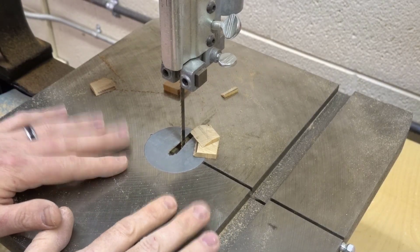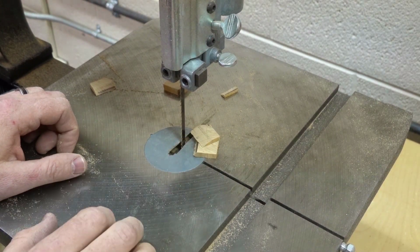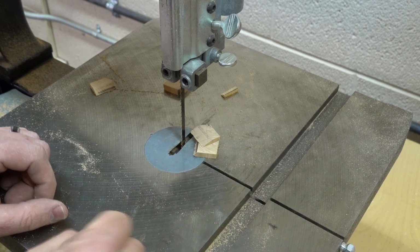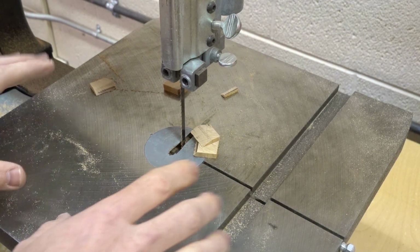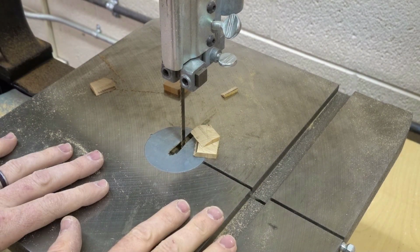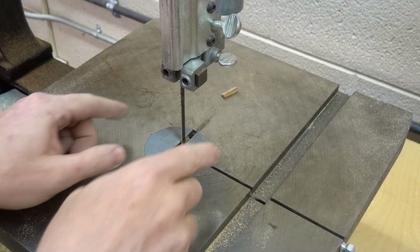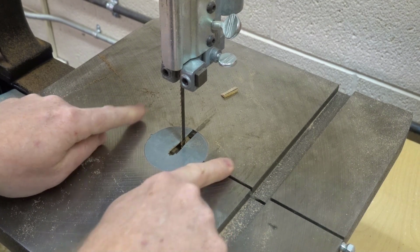Now that the cutting is finished, when is it okay to remove these pieces of wood, this scrap? You may have noticed that while I was cutting, I did not reach in immediately to get them out. At the very least, use a board to push them out if it's running. But if these are close to the blade, shut off the blade, let it stop, and then grab your pieces and throw them away. We want to stay at least 2 inches away from the blade, 2 inches in all